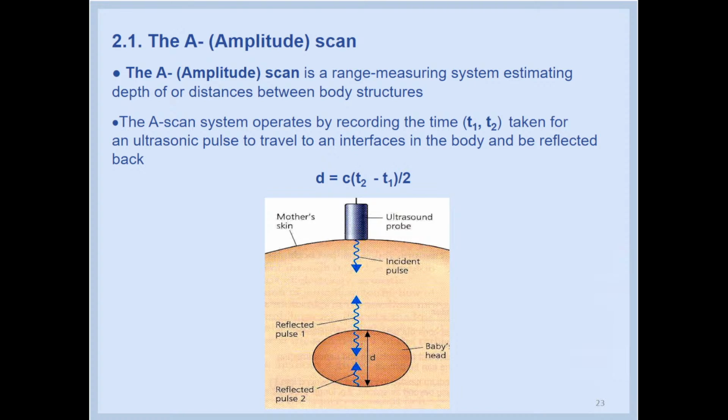The A-scan echolocation principle of measurement of human body structure size is illustrated in this diagram. See here at this formula, v is the symbol for the ultrasound velocity. As I said already, it is about 1,500 meters per second